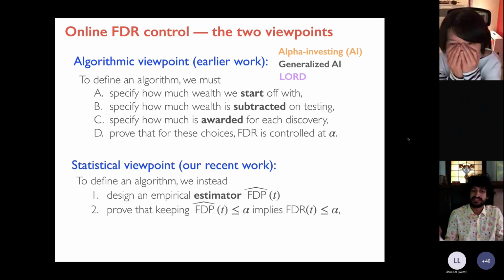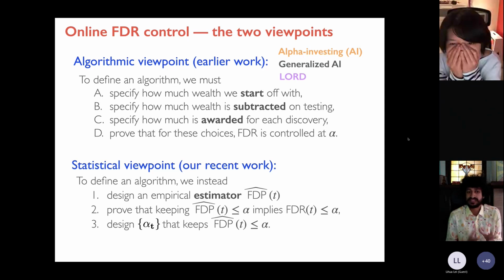We will prove a lemma that says if you keep FDP hat less than alpha, then it implies that actually FDR is also less than alpha. And then we design algorithms that can keep FDP hat less than alpha. And so essentially all of the advances